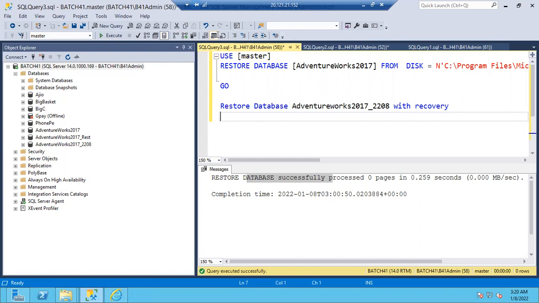I want to change with recovery to with no recovery. Is it possible? I gave you the hint also. If you took one backup with no recovery, that will allow you to change to no recovery. Which backup do I have to take: full, differential, log, or what other backups are allowed? That backup will bring the database to no recovery.